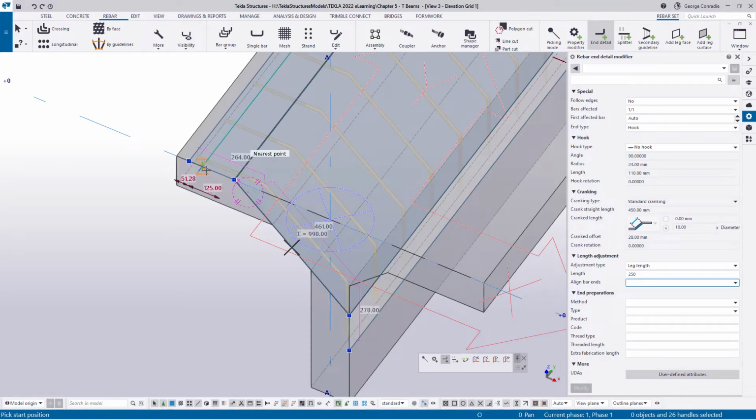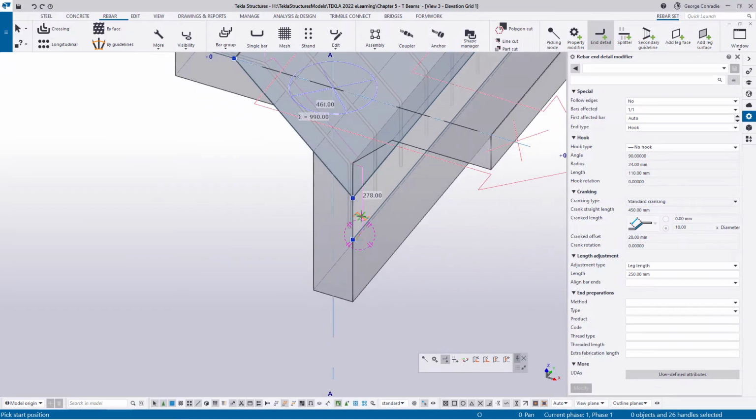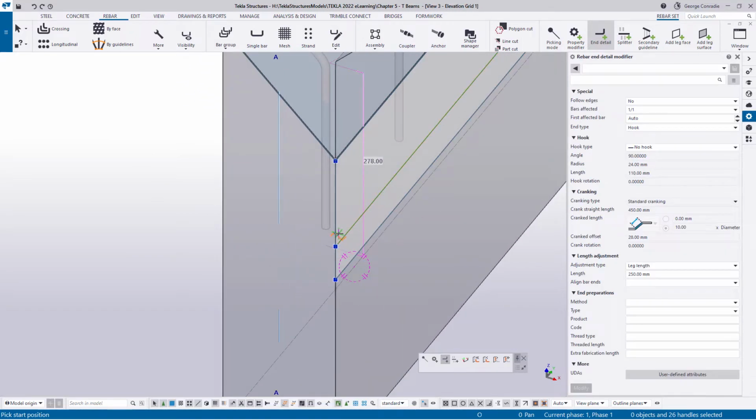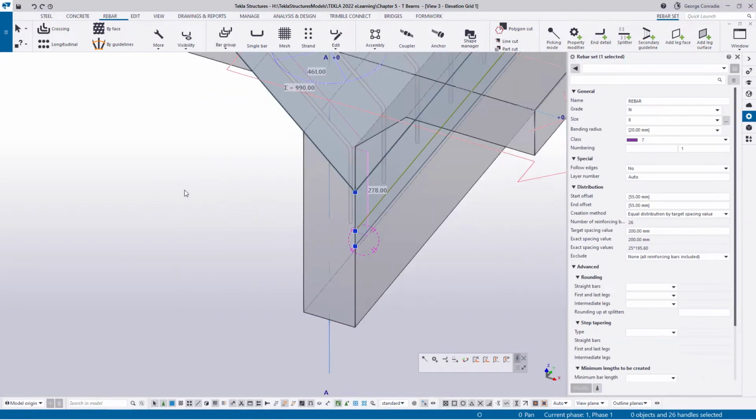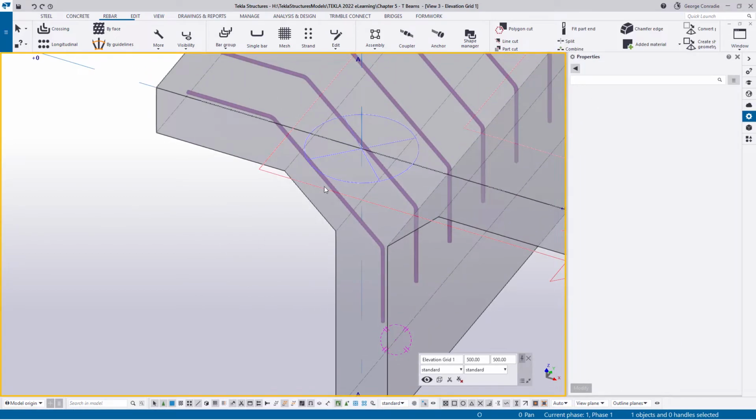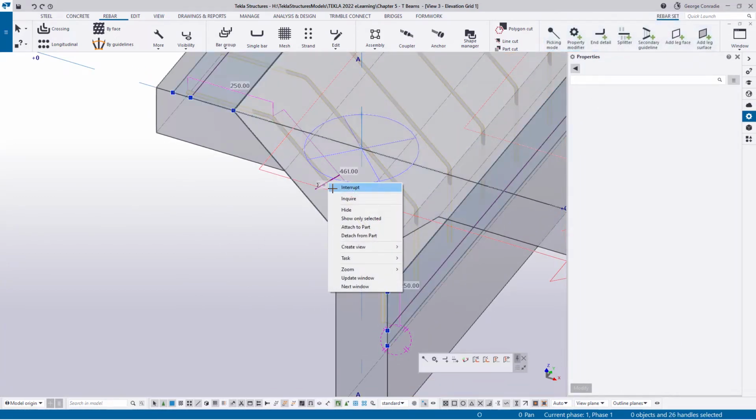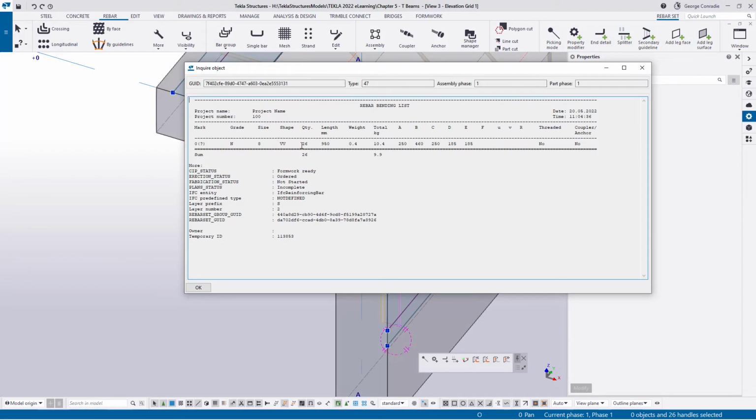Now if I hover over this edge, it will then force that leg to be 250. And if I hover over this leg, it will force this leg to be 250. Now let's look at whether that actually delivered the correct result. So if I click on the bar, right click, inquire, I can now see from our bending schedule that indeed